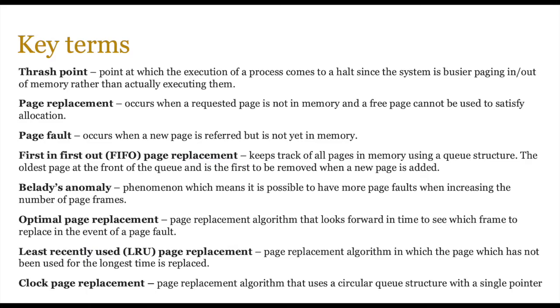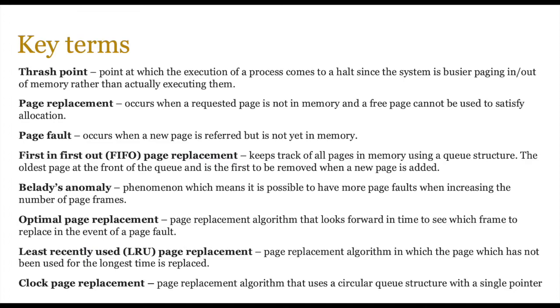Page replacement occurs when a requested page is not in memory and a free page cannot be used to satisfy the allocation. So you would need to replace the frame that's in the RAM with the relevant page that you need. So one of the pages needs to be swapped over. And a page fault occurs when a new page is referred to but is not in memory. So the computer wants to access a particular page, that's on your swap space, it's not in RAM,